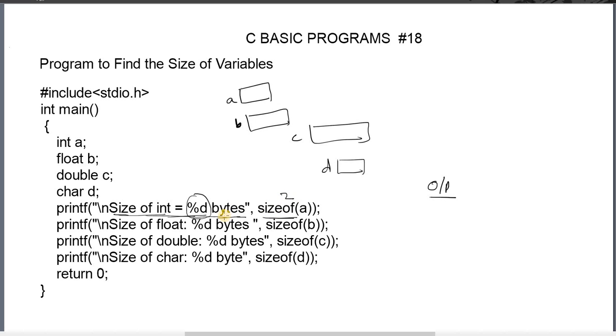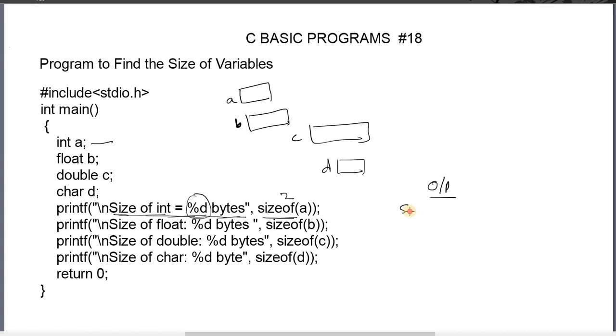In some compilers, 4 bytes of location will be allotted for an integer variable. You can find the size of the location by using sizeof. Different compilers allot different sizes of memory for an integer variable: some compilers 2 bytes, some 4 bytes. You can find it easily by using sizeof. The size of A, according to Turbo C, is 2. This value we will get in place of this, and the remaining everything we will get exactly as given here.